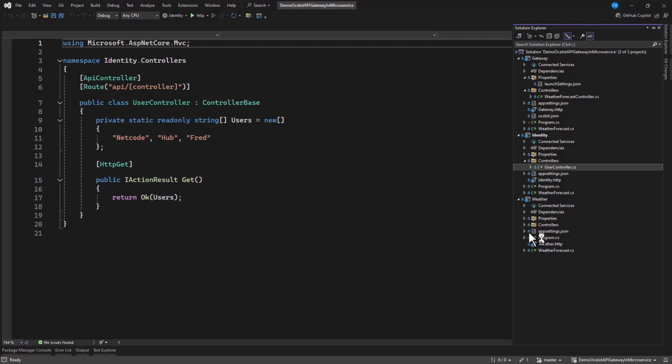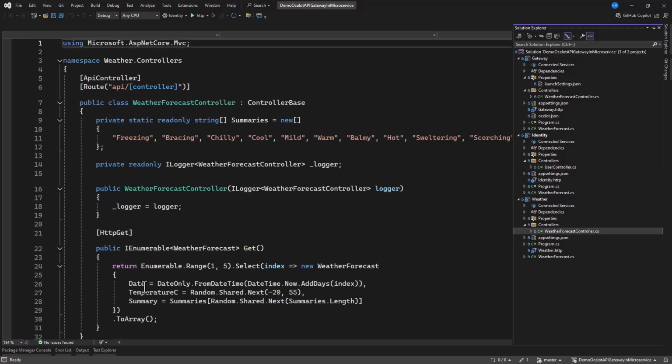The weather API also has a weather forecast controller which returns the default weather data. We did not do much, but when we make a call to the following endpoints, we need to retrieve what we have set in here. And we don't want this to be accessed directly. We want this to be accessed through the API gateway.